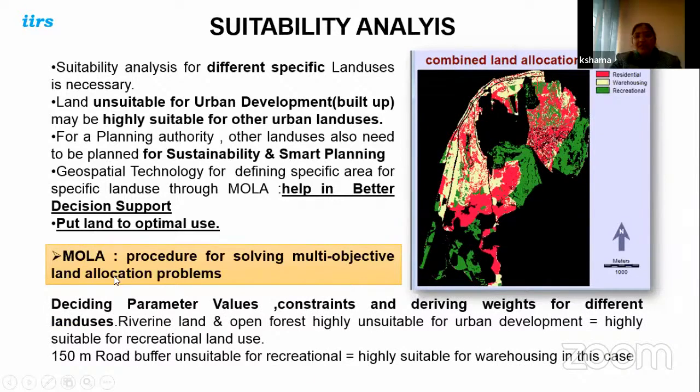This exercise is multi-objective land allocation, where different land uses were given different suitability analyses, and then they were combined together to find the suitable land uses. When this land use was presented to the local authority, they found it a very good allocation of land as per their own understanding also. They found it a very objective exercise as well as very fast compared to the conventional approach. It is objective, and it gives a land allocation which they also feel is suited for that area.